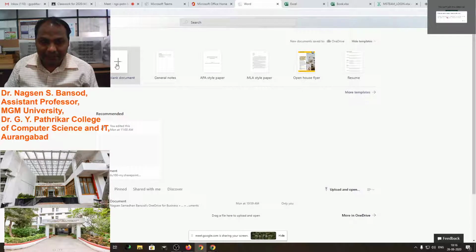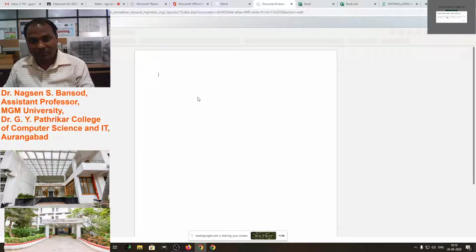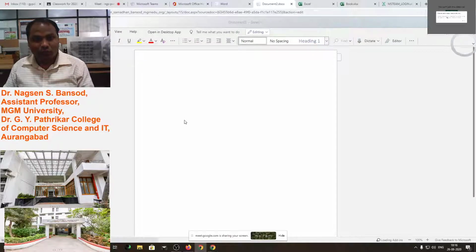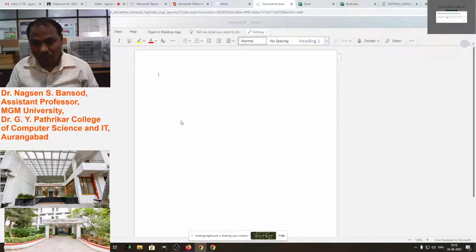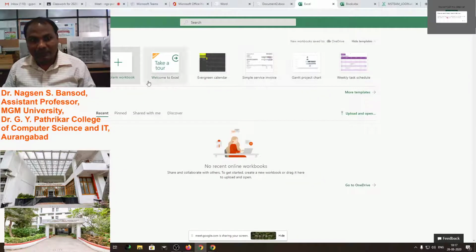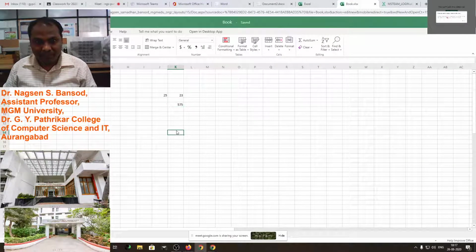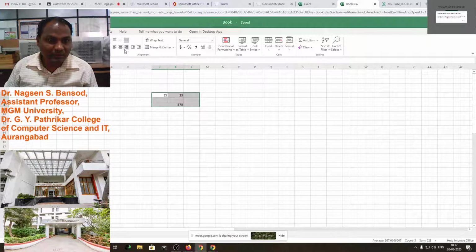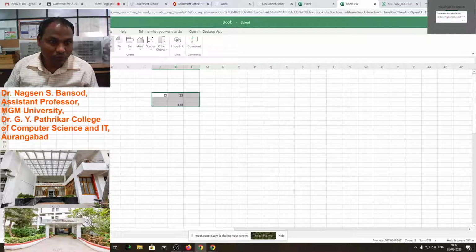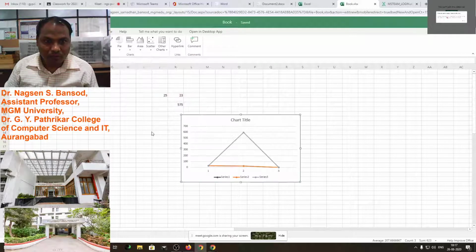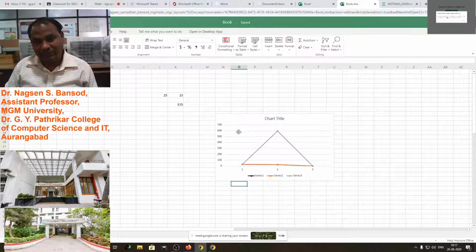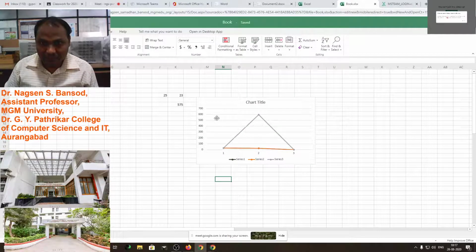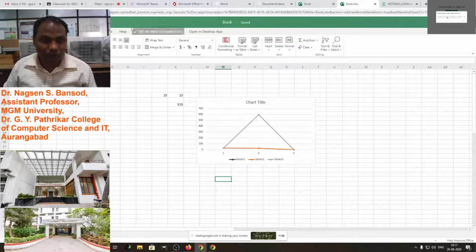For writing the letters we have to use Microsoft Office Word, to write the letter. Okay. For calculation we have to use Excel sheet or spreadsheet, or to show the graphical presentation we have to use Excel. You see such type of presentation we can perform with the help of hybrid tools.